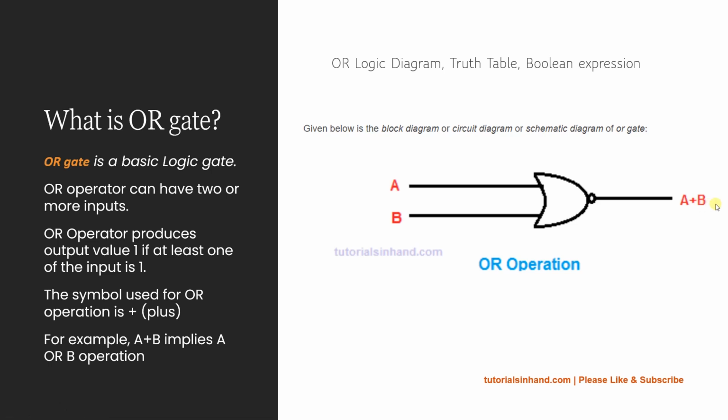If you want to have more inputs, then you can include more lines to represent inputs, and similarly you need to add more plus signs along with that input variable to represent OR operation performed on them, right? So this is how the logic gate is going to get represented for OR gate.